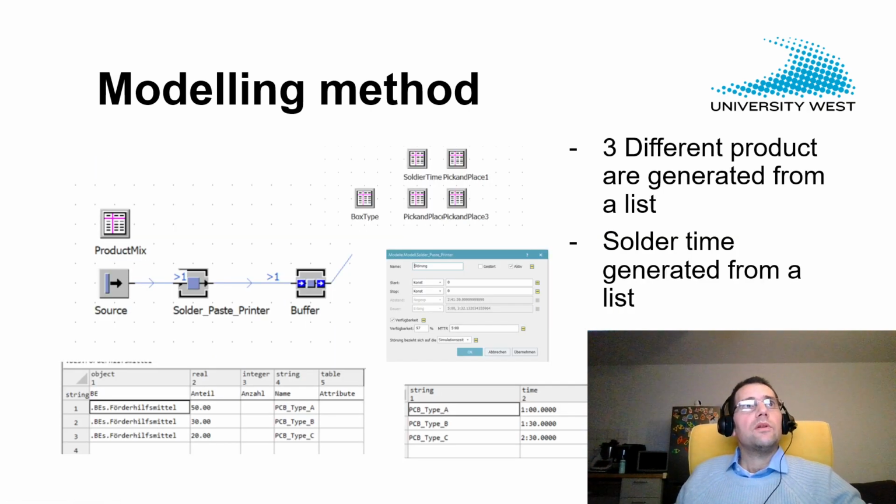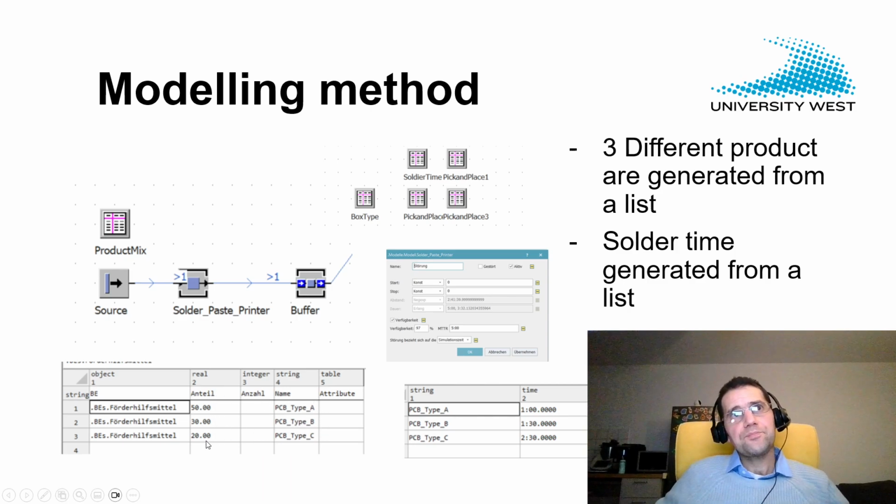So what we have here in the modeling, I just want to show you that here this PCB is used as a container. My software is in German, therefore this is the German equivalent of container. Here we have 50% of the components type A, 30% of type B, and 20% of type C. So also what you can see here in the printer station, we have different types of processing. One means for PCB type A, 1.5 for PCB type B, and then